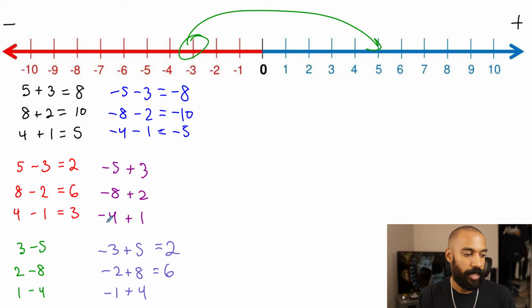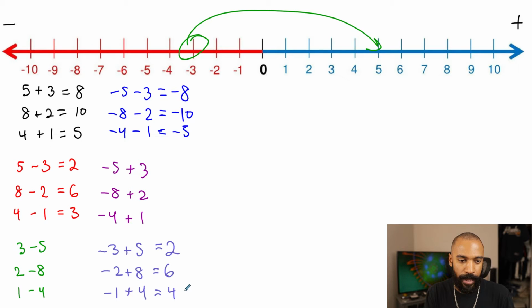The reason I state that is in case you don't end up rewriting it. Now I'm going to rewrite it for this particular one, negative 1 plus 4. Negative 1 plus 4 is equivalent to 4 minus 1 because it's like 4 plus negative 1, because of the commutative property. Let me do the 4 minus 1 afterward. Negative 1 plus 4,